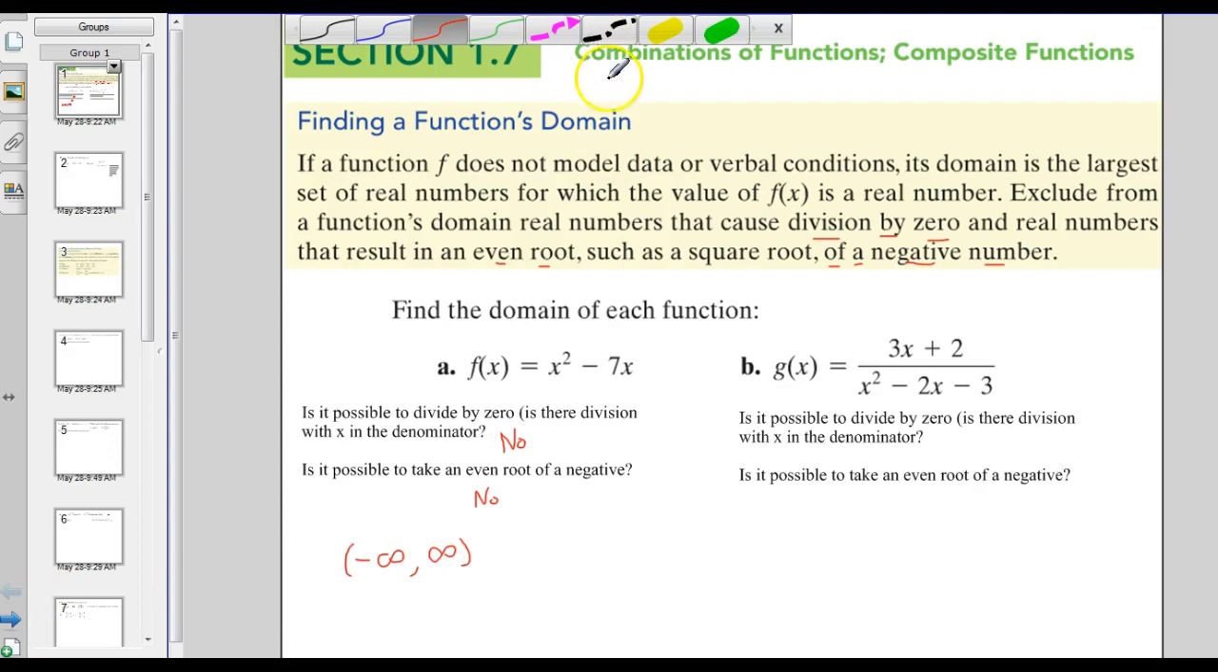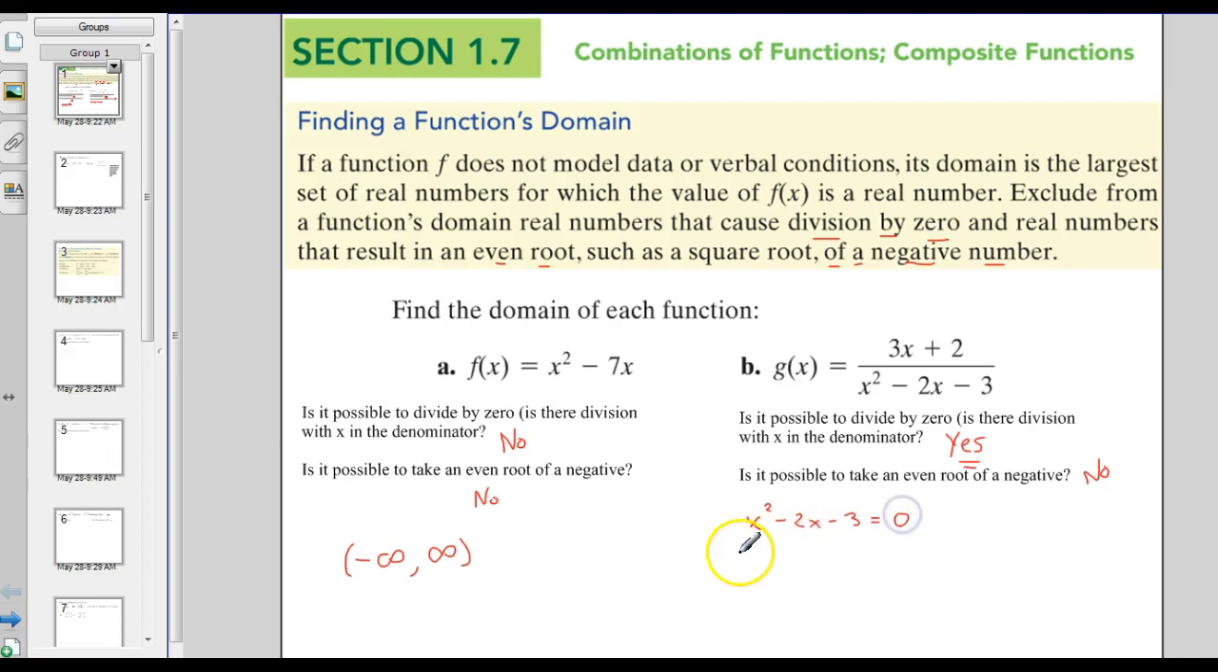Now moving over to the other one. Is it possible to divide by 0? Is there division with x in the denominator? Yes, this is the division symbol. A fraction, remember, represents division. Because there's an x in the denominator, if this down here produces a 0, if there's an x that makes the bottom 0, then yes, it is possible. Is it possible to take an even root of a negative? No, so we don't have to worry about that, but we do have to worry about the bottom being 0. So how do we find the domain? Well, we set the bottom equal to 0, since that is a possibility,